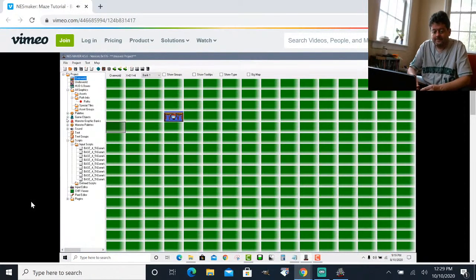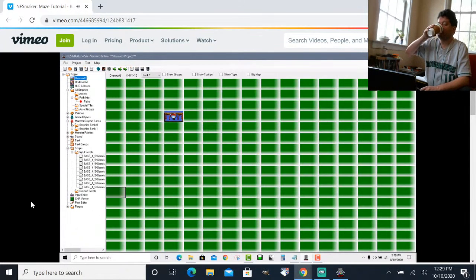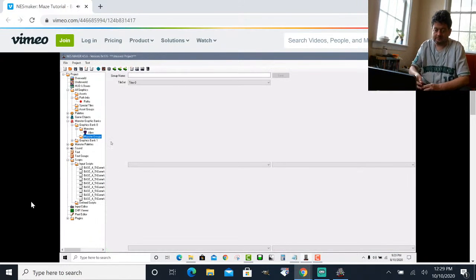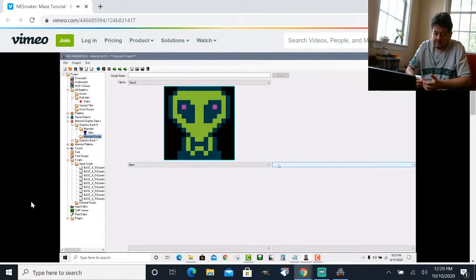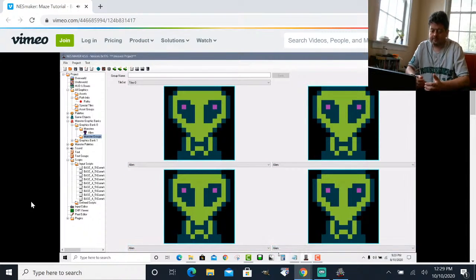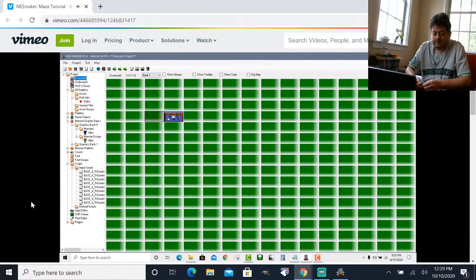Group. In order to do that, I'm going to go to Monster Graphics Banks. I'm going to go to Graphic Bank 0 if it's not open already. And I'm going to click on Monster Groups. Here is where I'm going to choose the monsters I want in this monster group. This module only has one monster. So I'm going to call this Alien, and I'm going to hit save. And now you'll notice that I have a little plus sign, and I can see that I've got a monster group for Alien. If I go to my overworld, and I go to that screen,